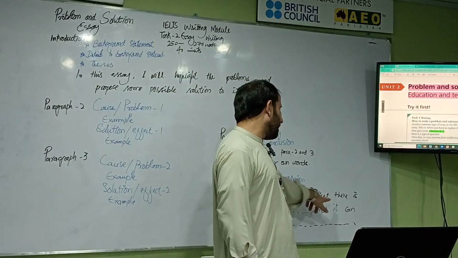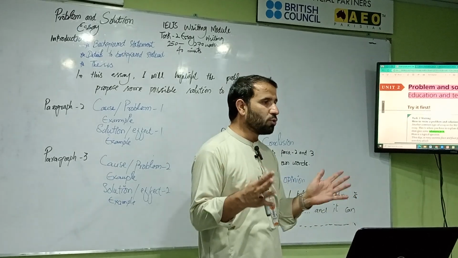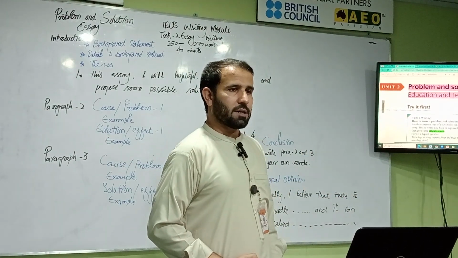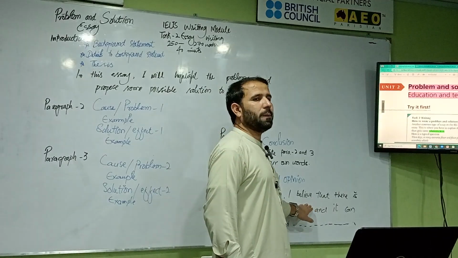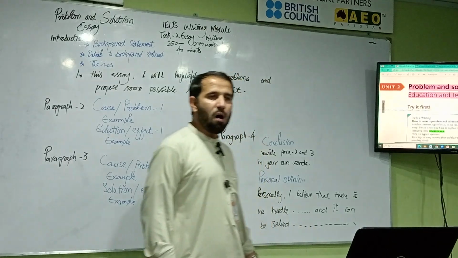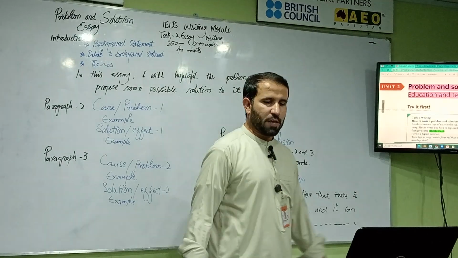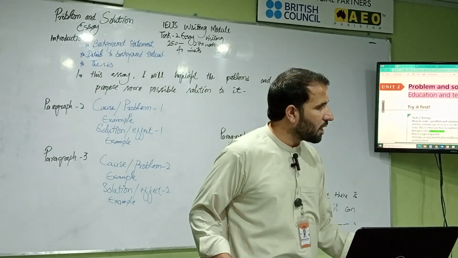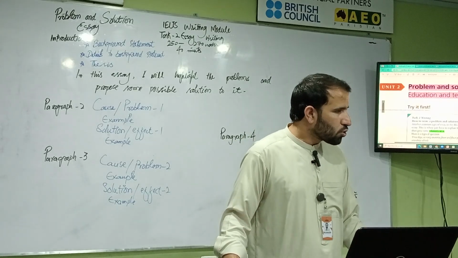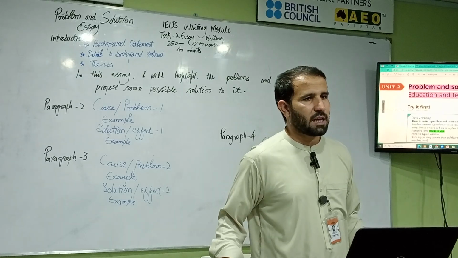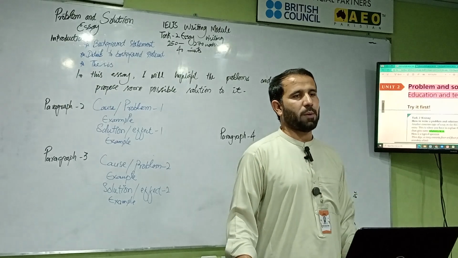Personally I believe that there is no hurdle in solving the problem of BRT. The government should bring more buses so that people can have no issue. Also, they have to run the Wi-Fi system and make some arrangements for awareness among people to use the Wi-Fi in an appropriate manner so that people, and especially students, can get some benefits from it. Finally, that's the end of the problem and solution essay.